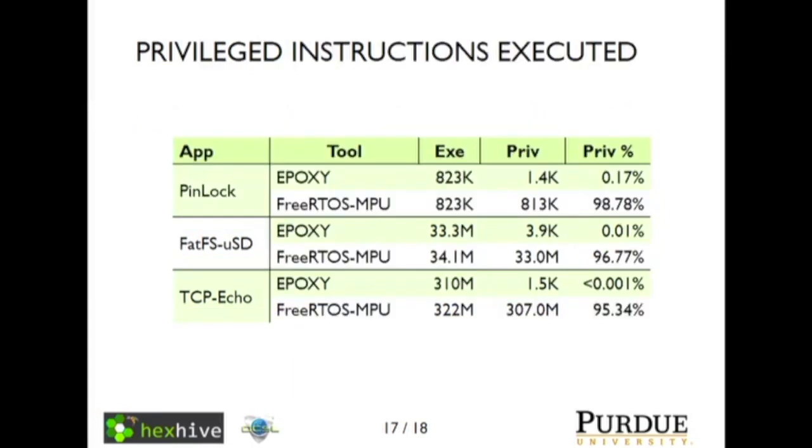And then we also look at the number of privileged instructions that are executed and compare to FreeRTOS MPU. FreeRTOS is a lightweight operating system for these types of systems. They have a version of it that uses the memory protection unit to restrict access to code and data. However, if any part of a thread requires privileges, the whole thread has to be privileged. So the result is that in most of the programs, there's something in every thread that needs some kind of privileges. So they're running in the 95%-ish range of privileged instructions, whereas we're getting down below 1% of the actual instructions